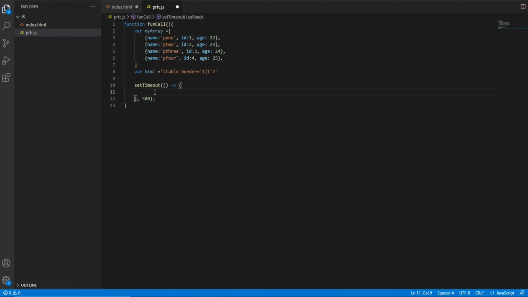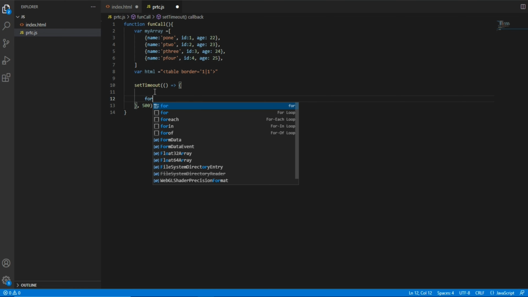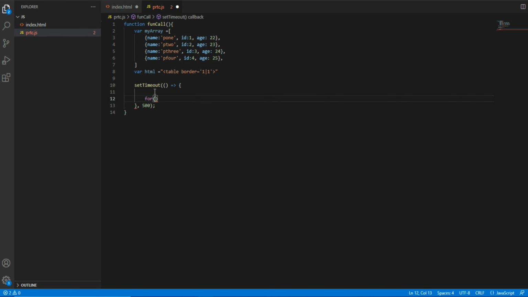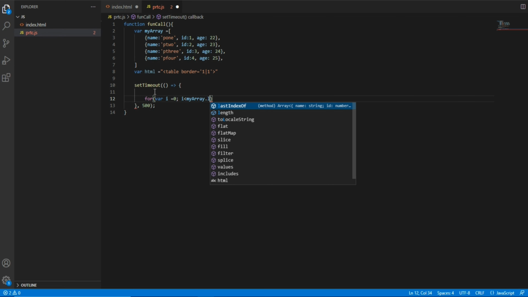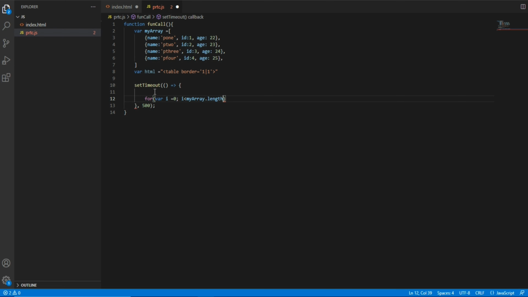Now inside this we will write a for loop where i is equal to 0, i less than my array dot length, i plus plus.